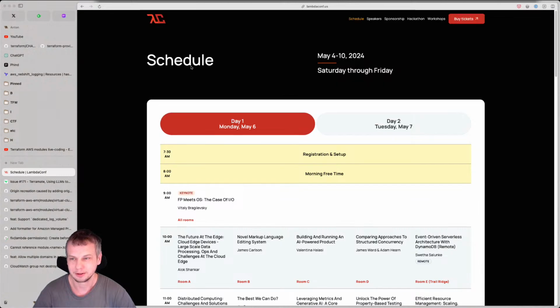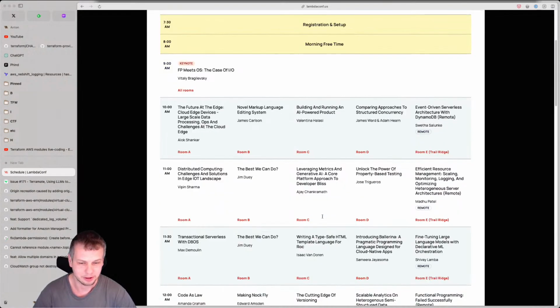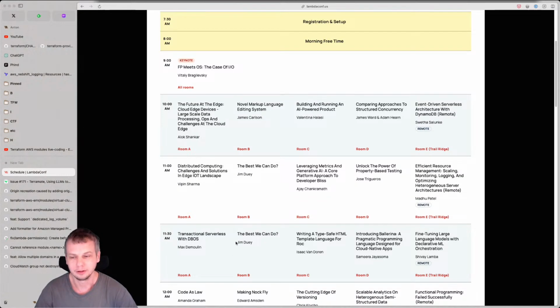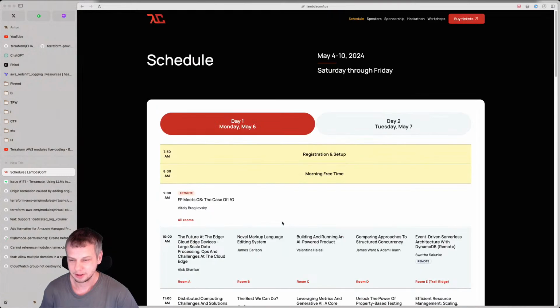But here, if I look into the schedule, I am just amazed with the amount of different technologies and programming languages which I had never heard about. So yeah, this sounds interesting. In particular, I'd like to meet Max Demulin and see what they are doing with DBoss and transactional serverless and how different they are from AWS Lambdas. And maybe we can collaborate on some things there. So yeah, in general, it's pretty cool